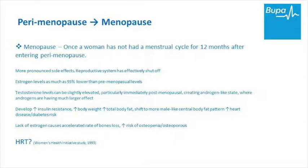Estrogen levels are as much as 95% lower than they were pre-menopause, and immediately after menopause, testosterone levels can be slightly elevated, again creating an androgen-like state where androgens, or the male reproductive hormones, are having a larger effect than they were previously. And this can cause an increase in the insulin resistance, as with late perimenopause, an increase in body weight, an increase in total body fat, and you'll see a shift to a more male-like central body fat pattern, and in turn this leads to an increase in heart disease and diabetes